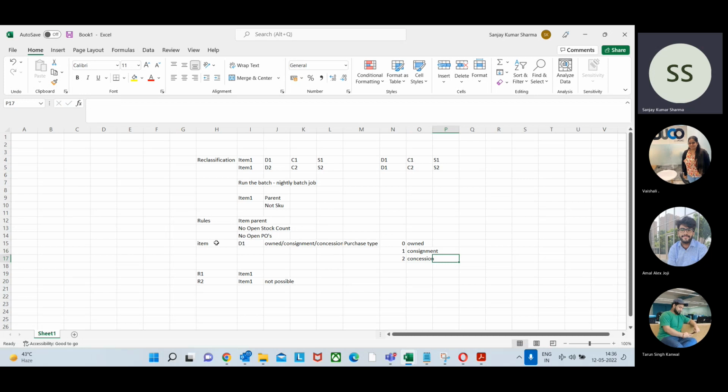If an item belongs to an owned type of department, you cannot move it to consignment and so forth. So you cannot move across department types. An owned department item will move from owned to owned only, a consignment item to a consignment department only. This is one of the checks the system will do. It will throw an error if it is not followed. Okay. Next is